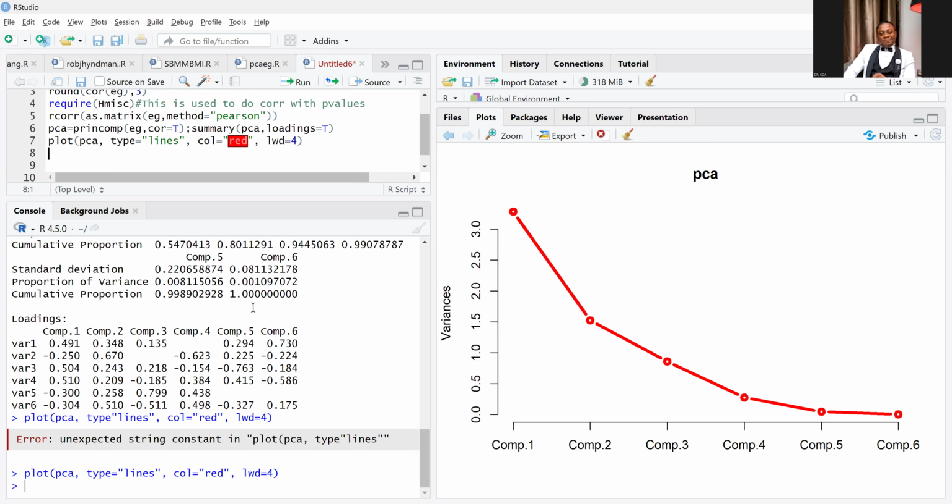Type biplot, B-I-P-L-O-T, equal to, then bring a bracket. Type the name of your equation, which is PCA, and then you can include a color. So type COL equal to,